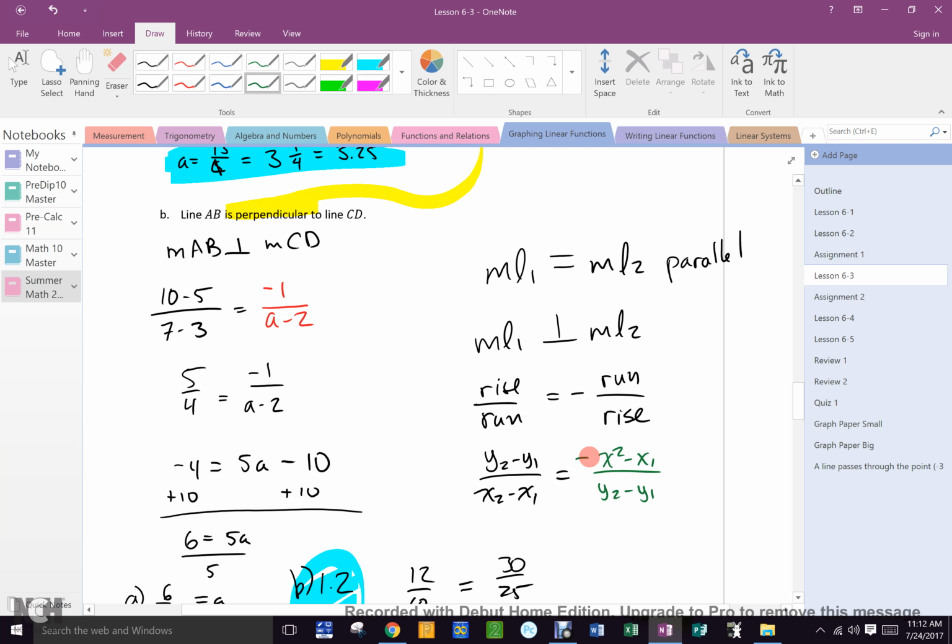A negative. Does this help? If it doesn't, what should you do? Ignore it, because you already know it. If it helps you, use it. Okay? Is everybody good? All right. Now,